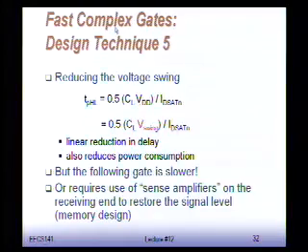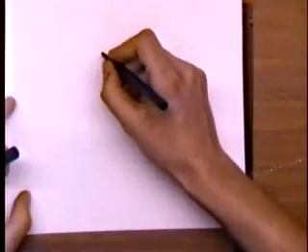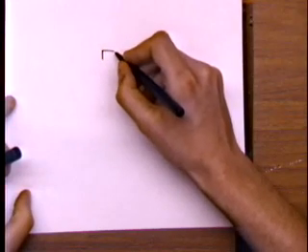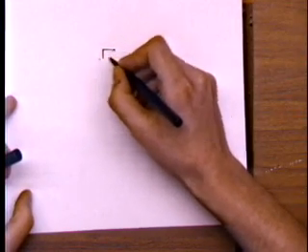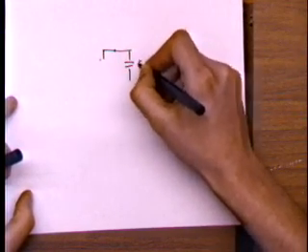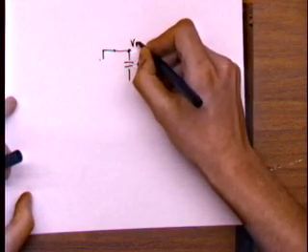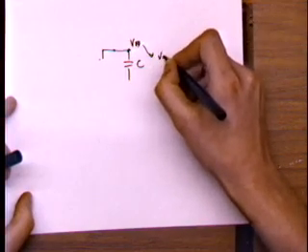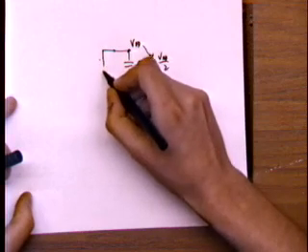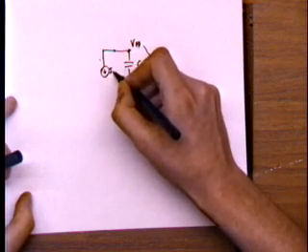So the last thing you can try to do is reduce the voltage swing at the output of the gate. So again, let me remind you. We have seen so far that when you want to discharge a node, for instance, you have a capacitor C, and you charge it at VDD. You want to discharge it to VDD over 2 or to ground, and you do it through a current source ID SAT,